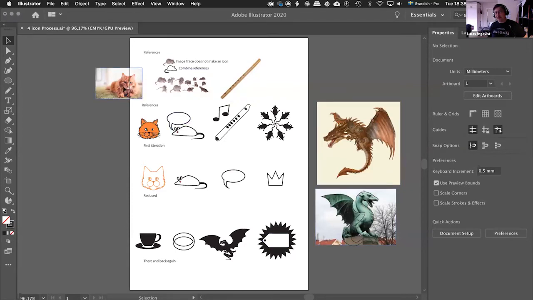And this was my amazing Maurice. I wanted a cat, and I wanted some rats, and I wanted a pipe. And this was my Rat King that I started with first. But then I thought that's going to be too much of a spoiler, and so I tried to distill that down to a crown to represent the king instead, because you don't want to get too detailed with the icons because they're going to be